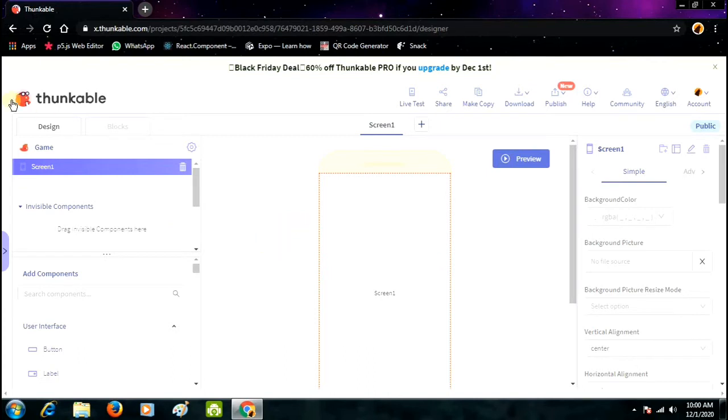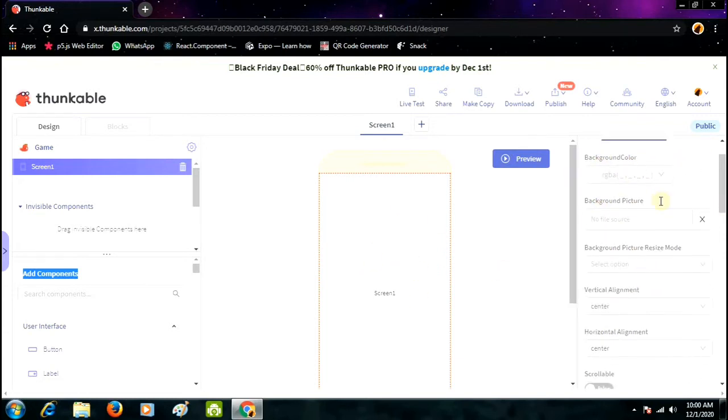Now here you can see add components. Here you will find button, label, text input, web viewer and many more things like we are using in App Lab or Game Lab. In the right side you will see designing, meaning from here you can design the preview.